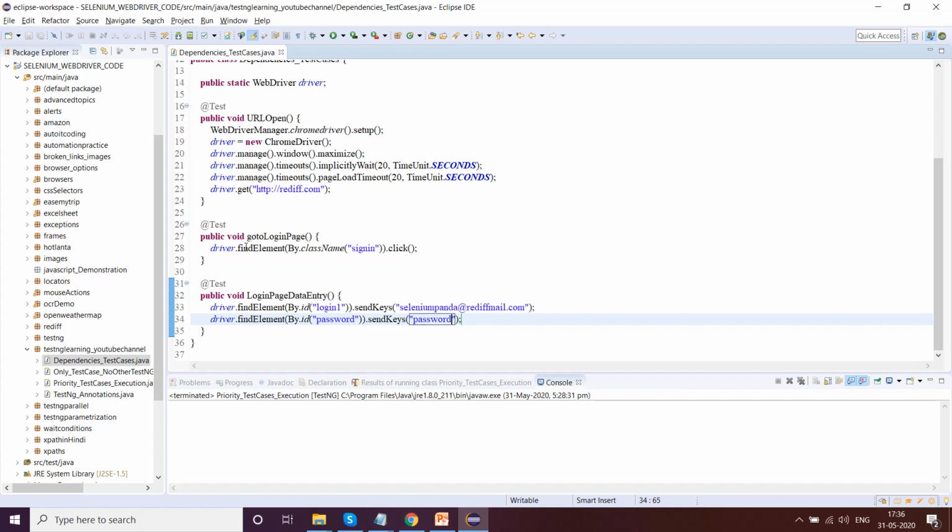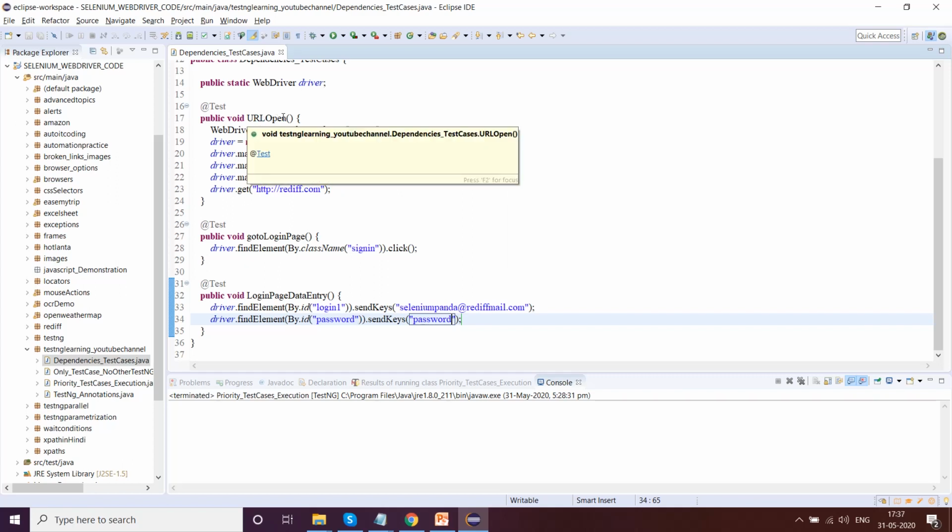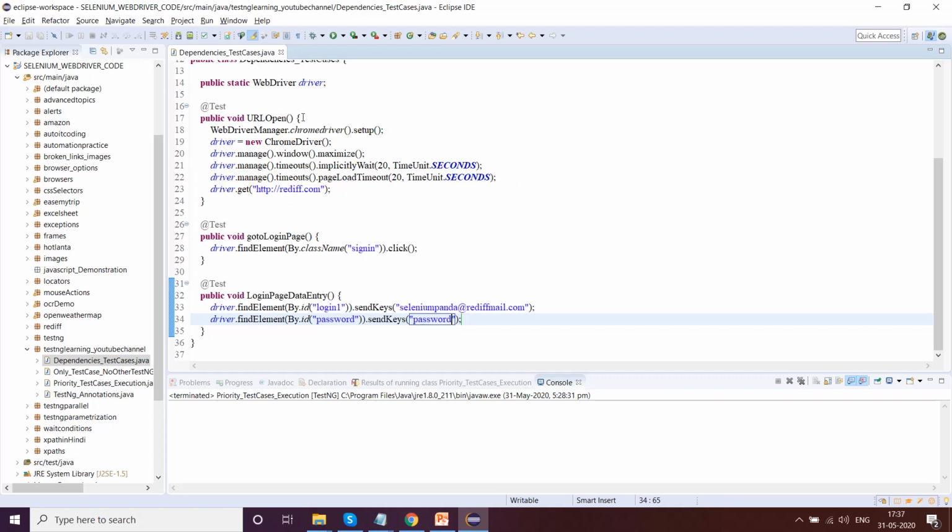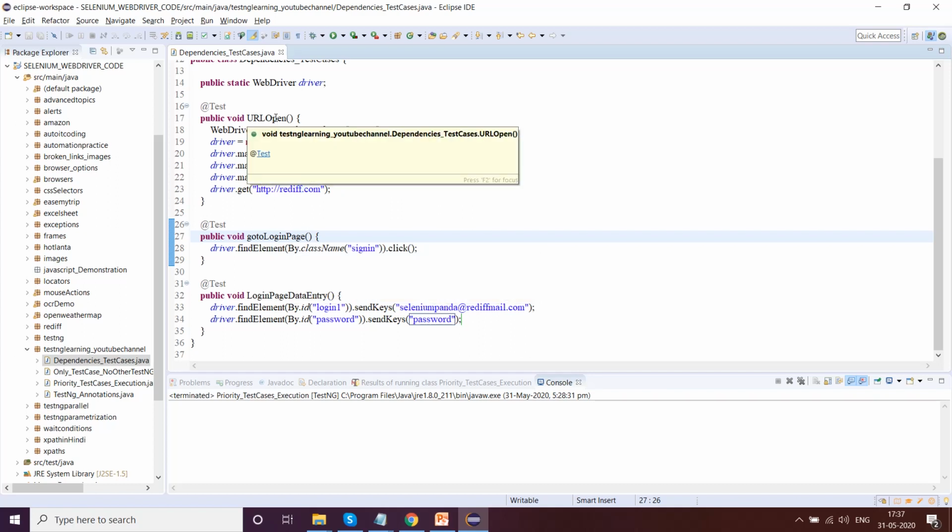Now just tell me one thing, unless and until this test case is done, will this test case get executed? Unless and until URL open happens, this will not happen, right? And unless and until this happens, this will not happen. So what is happening here? This test case is dependent on this, and this is dependent on this, and indirectly also dependent on this.